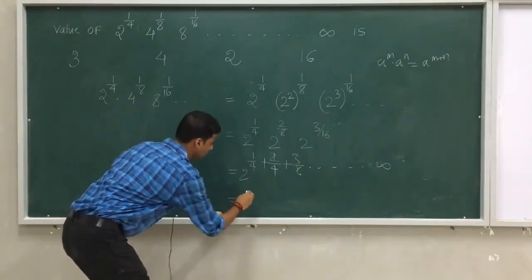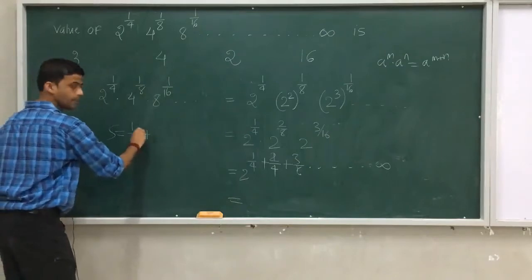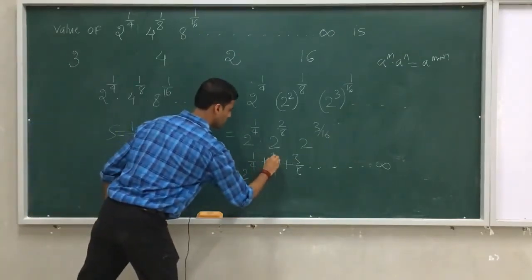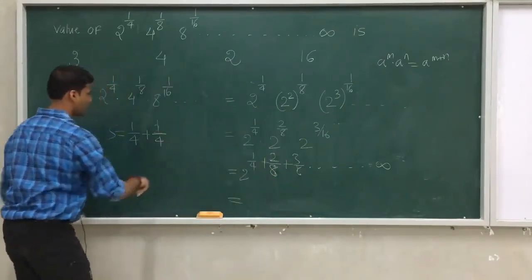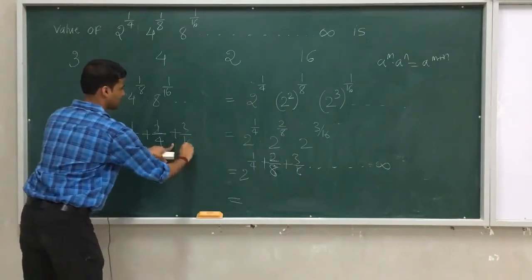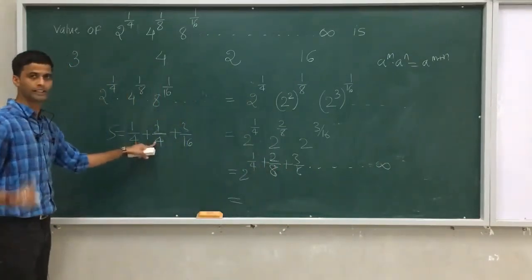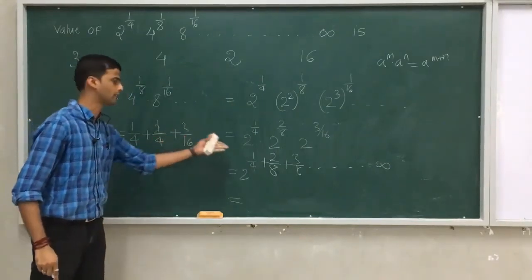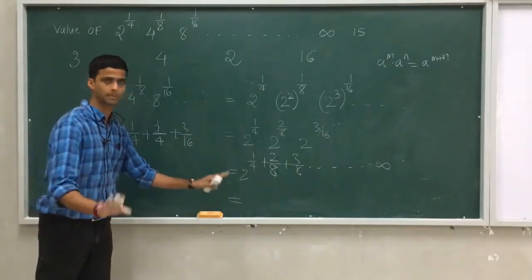Therefore, if I take this as s, which is 1/4, 2/8, because it is 2/8, 2/8 means 1/4 again, and then 3/16. Look at that, there is no connection. So 1/4, 1/4, the ratio is 1. 3/16, 1/4, again the ratio will be different. So it will never be considered under this category. So it is better I will discard this method.